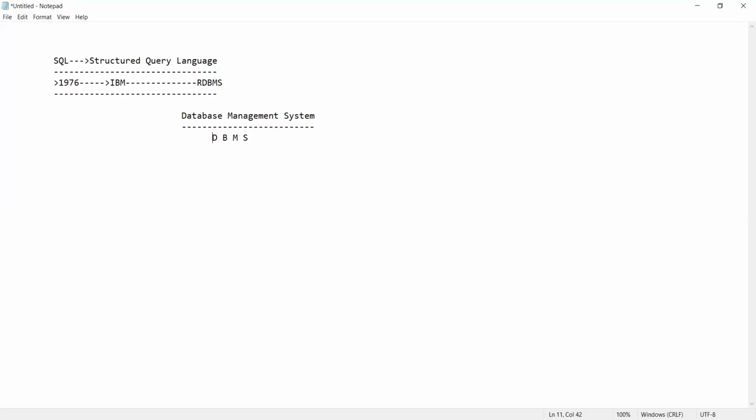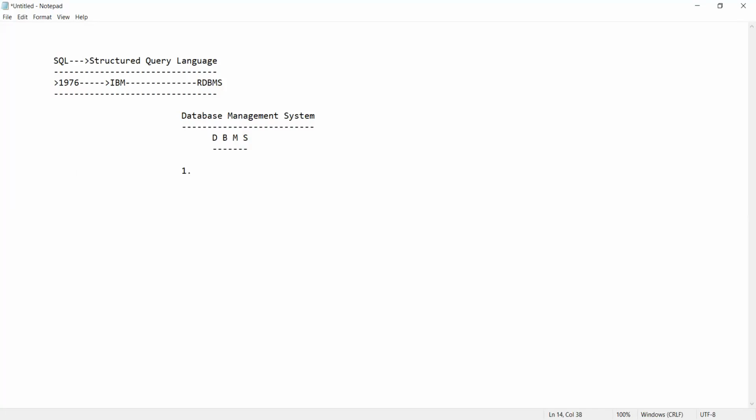DBMS stands for Database Management System. To manage the database, the management system of the database performs the following tasks. What are the tasks? Let us see first. The first one is